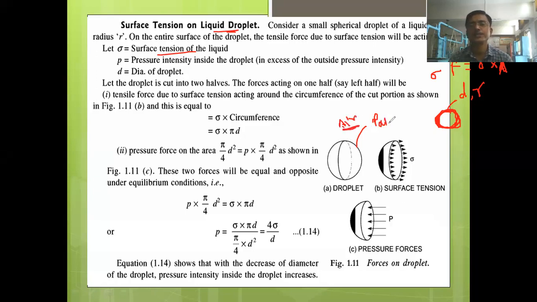So the pressure outside here is the atmospheric pressure, which can be denoted by the letter P atmosphere. Okay, so what is this atmospheric pressure that we are going to learn in unit number 2? Atmospheric pressure is nothing but the force per unit area exerted by the air, or it is the weight of the air per unit area on the surface of the earth. So that is nothing but the atmospheric pressure.